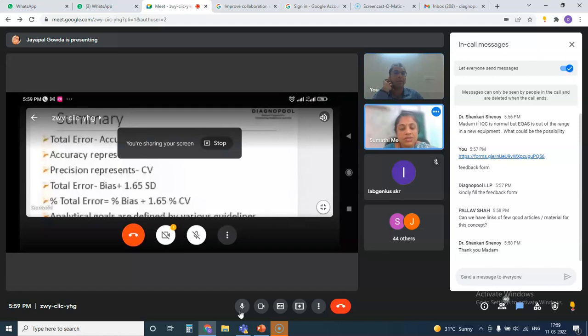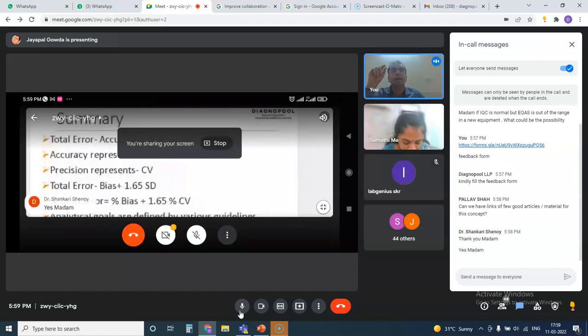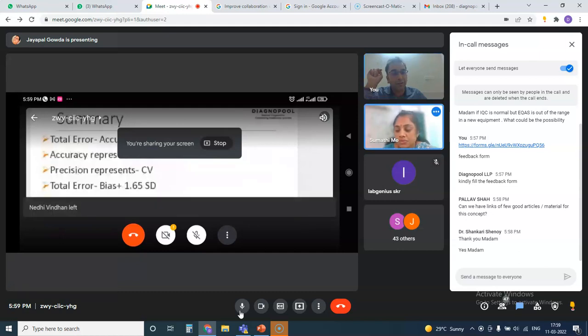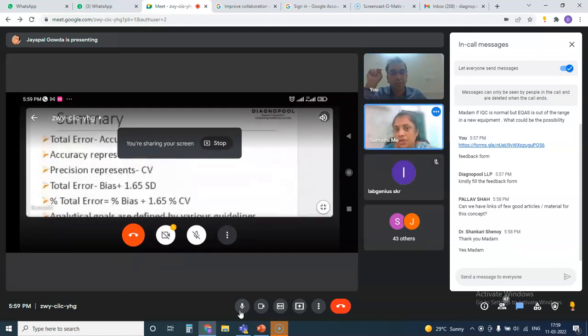So any more questions? Ma'am, for percentage CV reference range, in that article the table which you showed, should we take CVIG for percentage CV reference range? Your voice was breaking, Dr. Sudhir. Yeah, when we have to define the reference range for our coefficient of variation, which is the most preferred reference for that? In the sense, what is a reference? What we take when we want to set our quality control based on the reference range? Okay, reference range, yes.